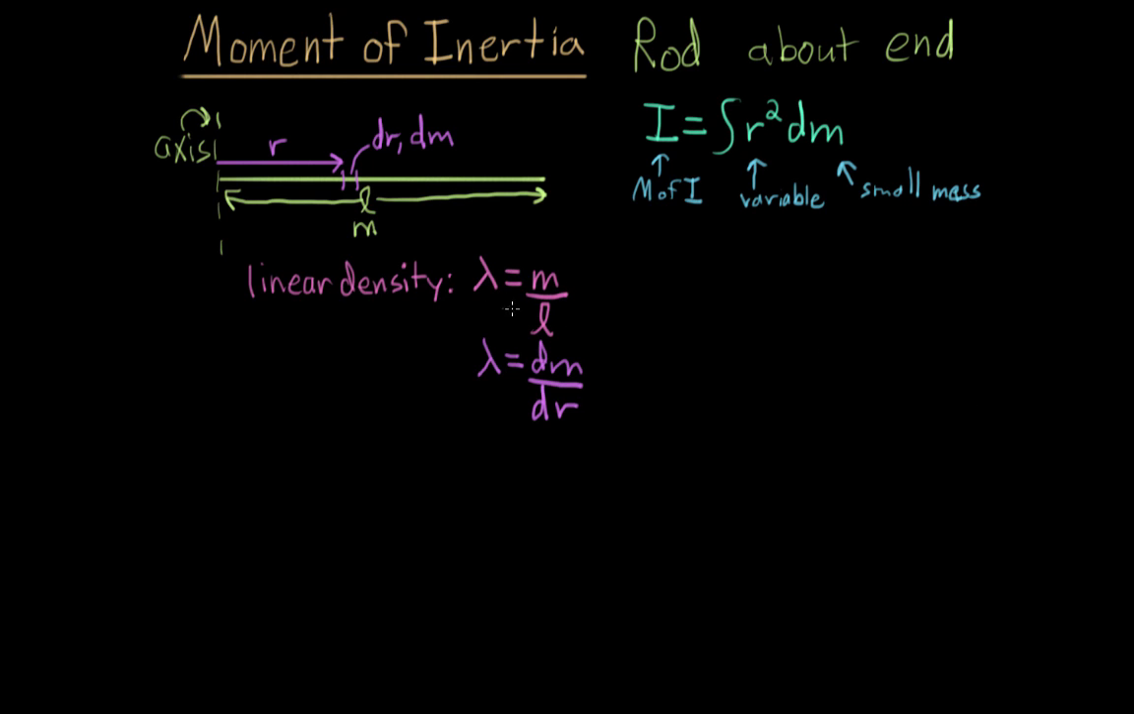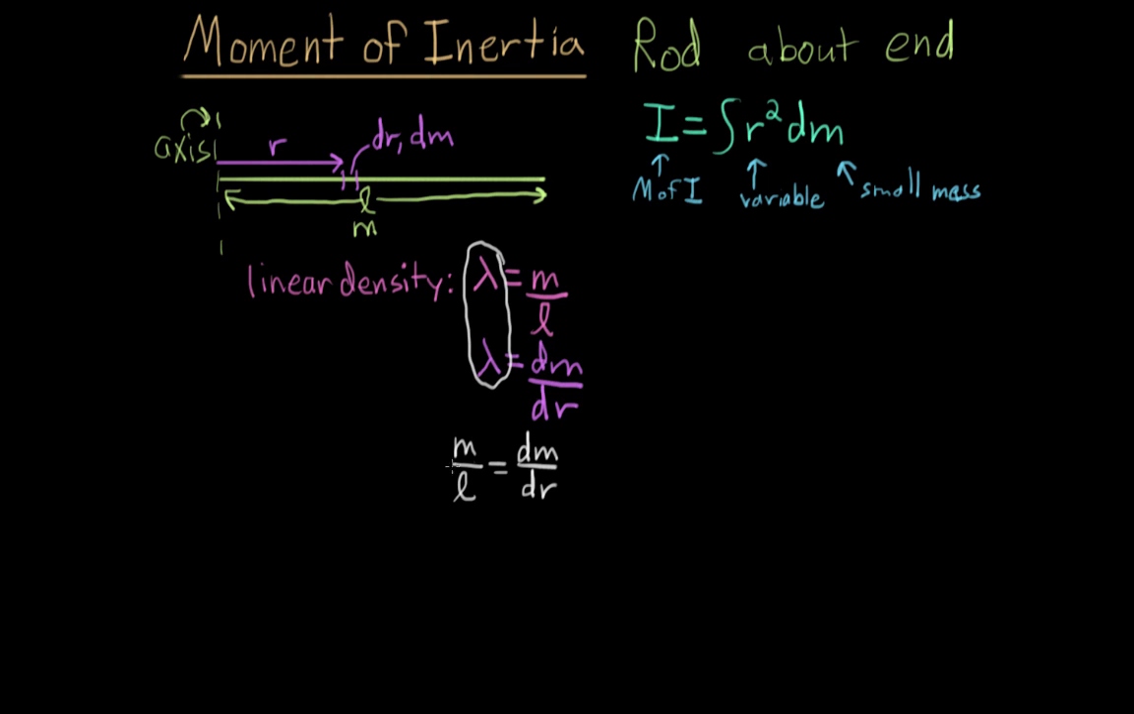And so what I'm going to do, because these are both equal to lambda, I can set them equal to each other. So I'm going to say mass over length is equal to dm over dr. And this is just a proportion that we solve. In this case, we're going to solve it for dm